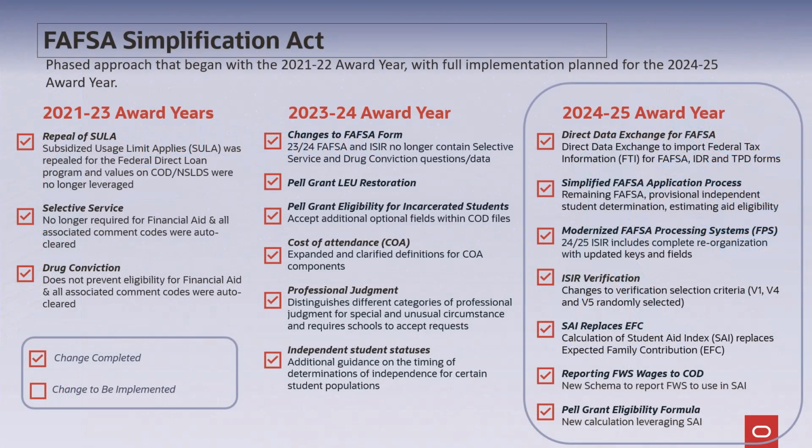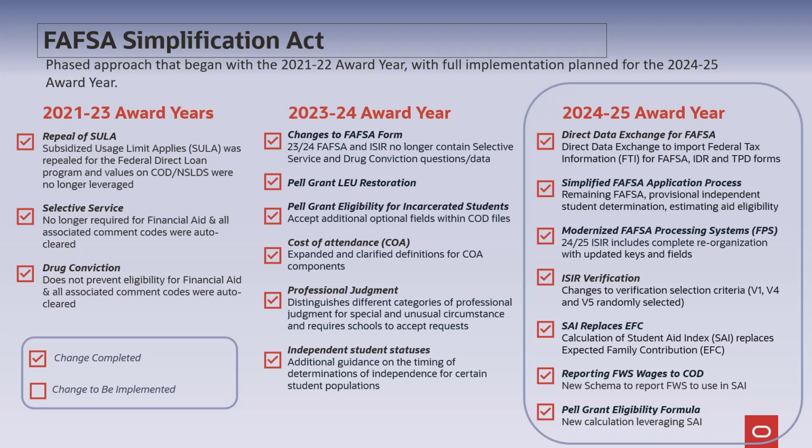As a part of the Consolidated Appropriations Act of 2021, U.S. Congress passed the FAFSA Simplification Act, which included numerous changes and new requirements for federal student aid. The provisions of this bill were adopted by federal student aid in a phased approach, with the largest changes going into effect in award year 2024-2025. This video will discuss the aspects of the FAFSA Simplification Act that require development changes from